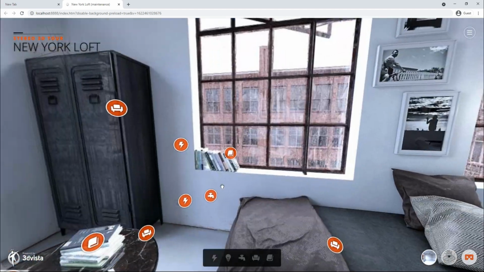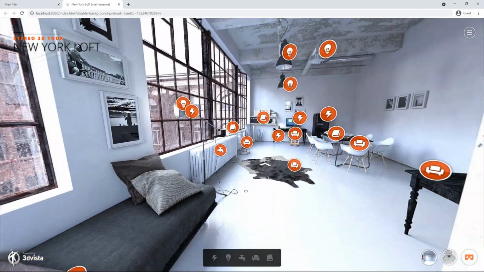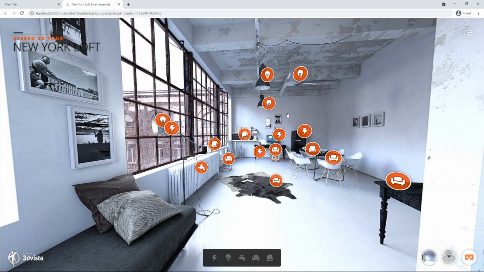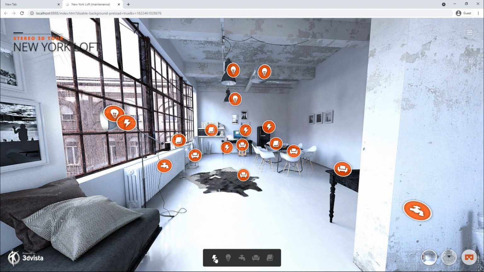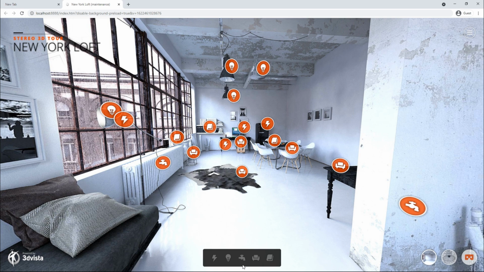So if you have a project like this one with a lot of hotspots all around, where all of these hotspots belong to these 5 categories down here, so we have electricity, lighting, plumbing, furniture, and books or media. So let's assume you want a button menu down here where with one click we can show or hide all of these hotspots here according to their individual categories.